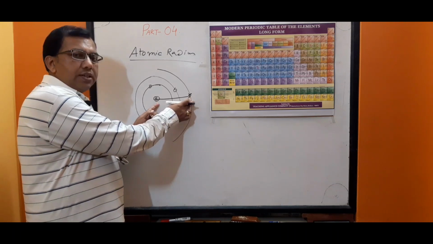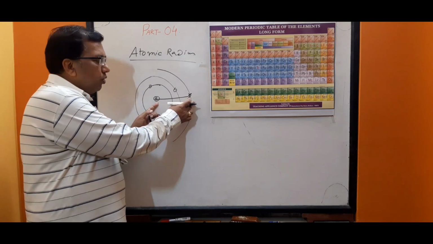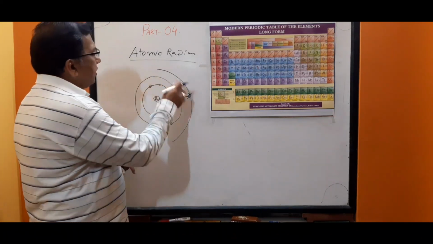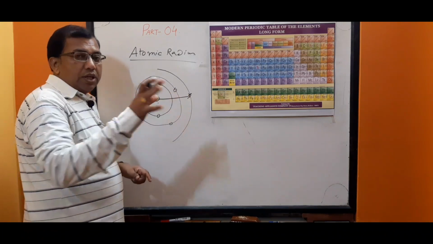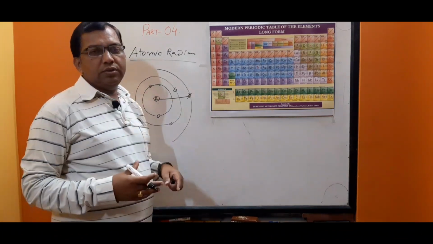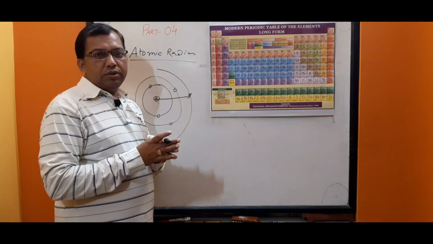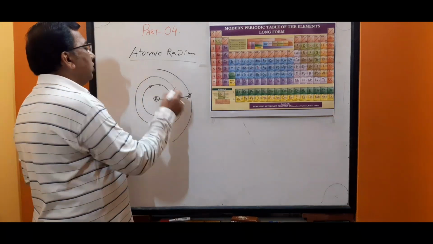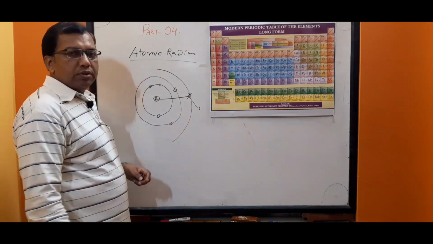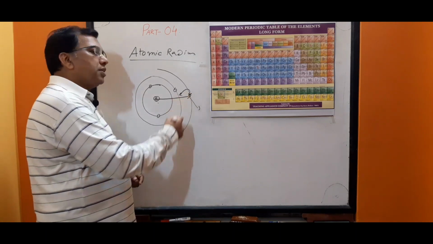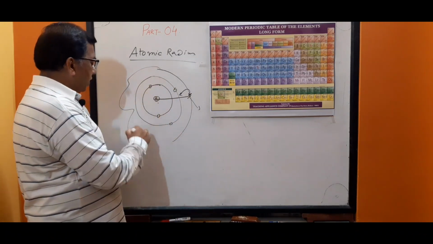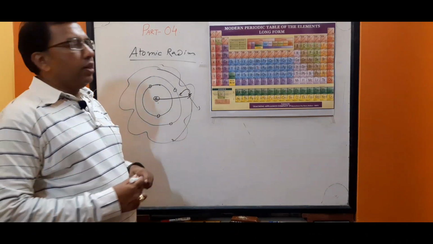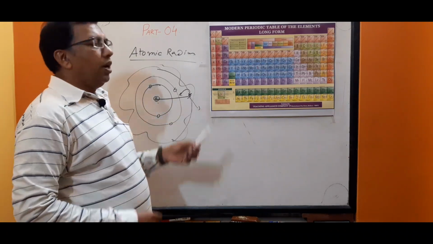The electron is there, but is it fixed? No, because the electron is rotating, revolving, and it behaves as an electromagnetic wave. It has no sharp boundaries. There are no sharp boundaries of the shell. We cannot draw a fixed, sharp boundary, so the distance cannot be calculated. The electron can be outside at any time, and at any time it can enter the next shells. There is no sharp boundary, so we cannot determine the actual distance from the nucleus to the last shell.